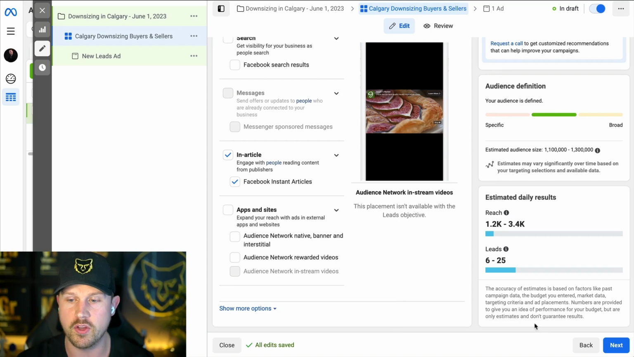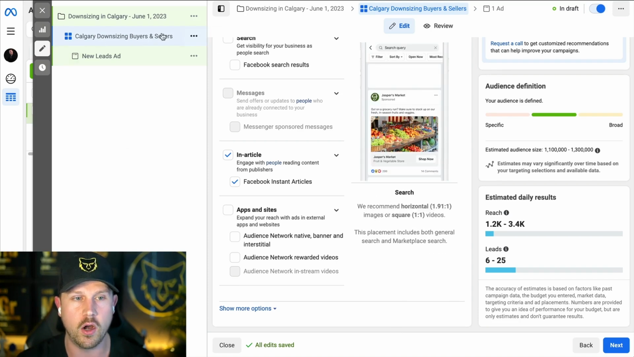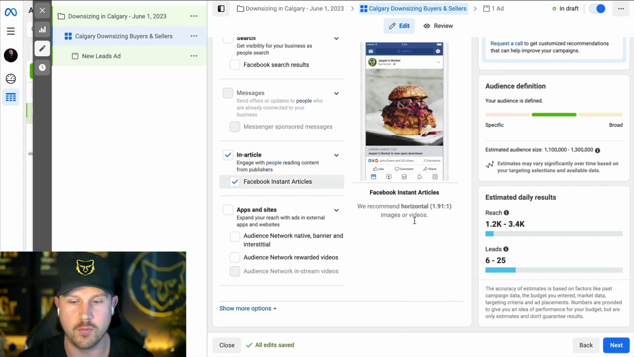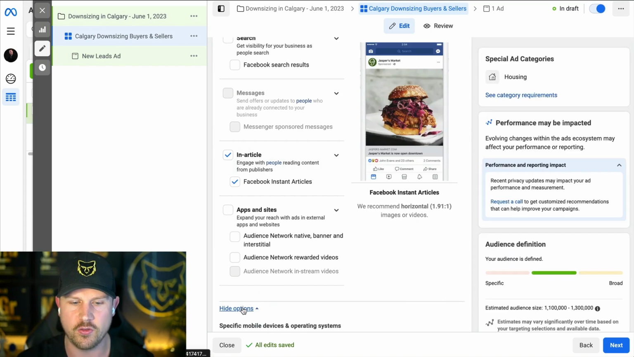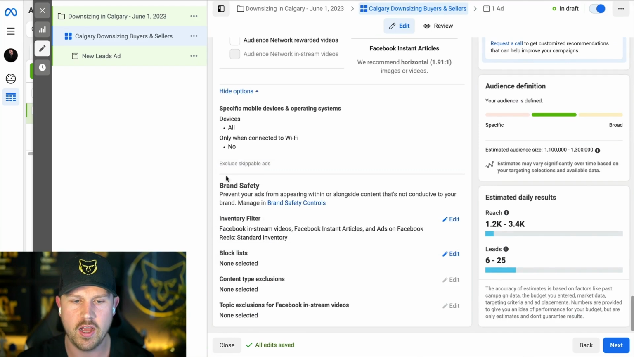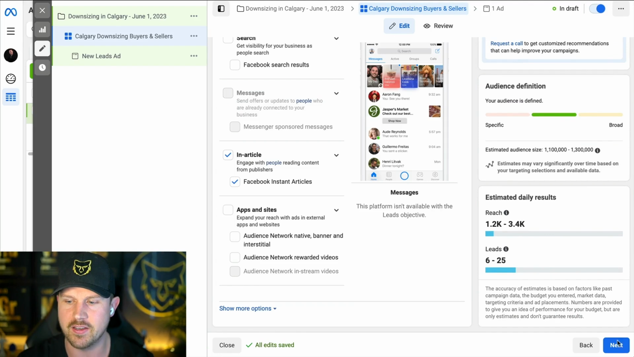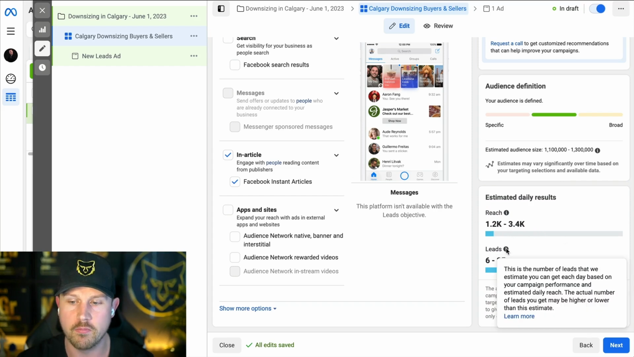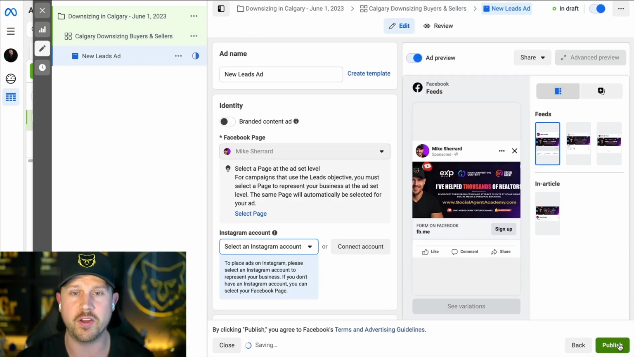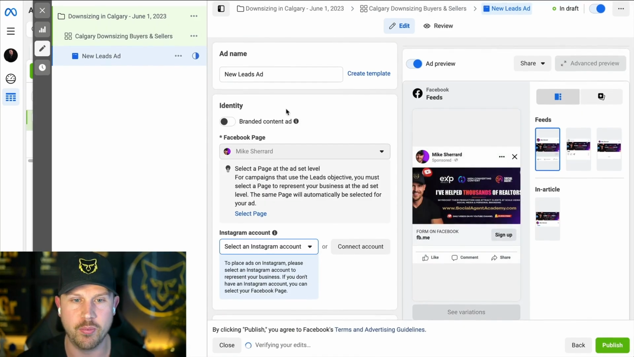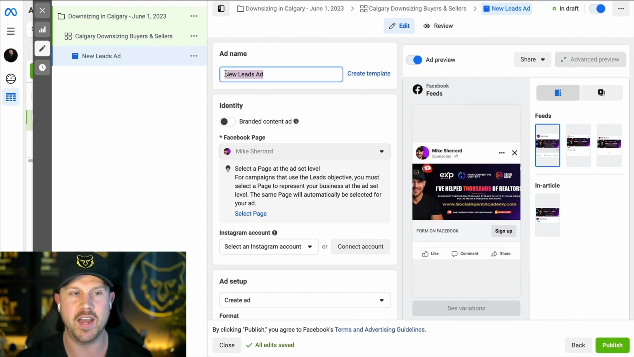So now we're done. We've done the targeting. We've got our ad set up for our ad set, which is for Calgary, downsizing buyers and sellers. And you can see here, there's more options, but you don't have to worry about any of these. I just want to make sure that you're not wasting your time with anything that does not matter. So you can see here, estimated daily results, reach about 1,200 to 3,400 people, leads 6 to 25 leads per day, which can be good, especially considering how many people have actually turned into closed deals from this. So now we want to name the ad. Again, this can be